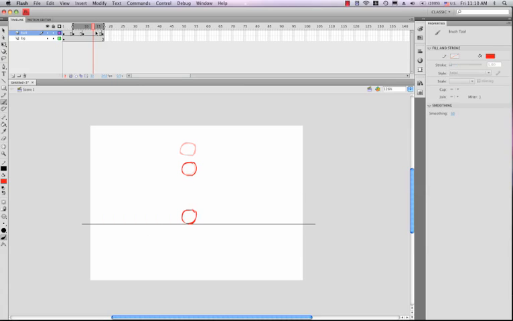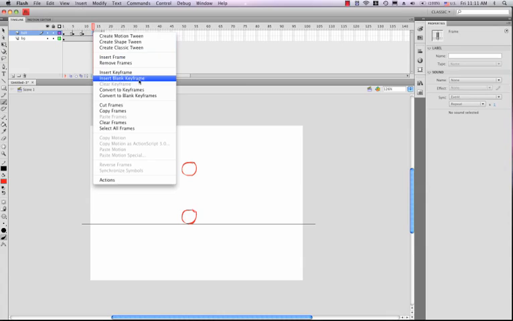There we go. Oops. All right, I just did the classic mistake here, so this is good. This is a real-world demo. So what did I just do? I moved my playhead to the right spot, but as I drew this out here, I noticed, oh, there's no keyframe here, and if I turn onion skinning off, I've got a frame with two balls in the same frame. So when I play this back, woo, yeah, two balls. There you go. All right, so I don't want that. I need to have a keyframe at 13, and I need to get rid of the ball that's here. So I'll go here to 13,